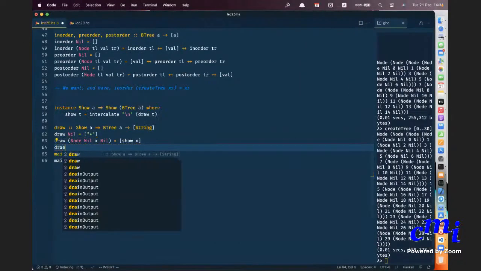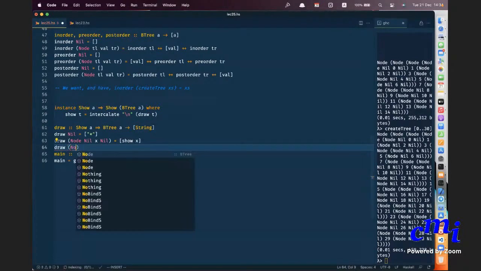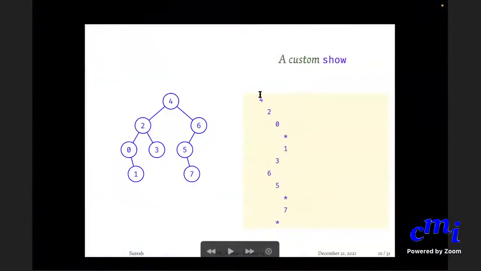So the important thing is what is draw of node. Draw is not giving everything in each level, because the way you are displaying it is this. We cannot draw lines, etc. I mean, maybe you can if you know how to. In fact, I have a thing where you can display it like we draw pictures, but that's a much more complex program. For now, we shall just look at this. Draw will draw it based on indentation.